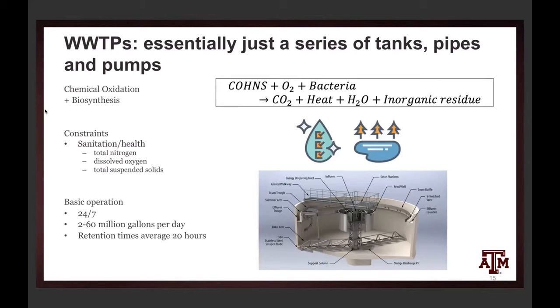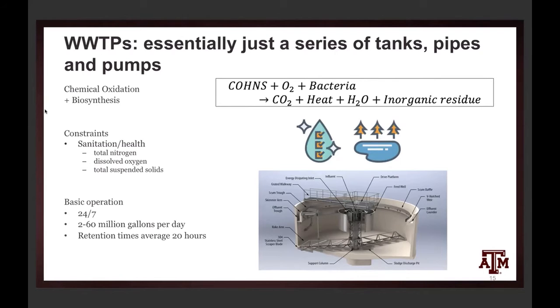However, these plants do work within very narrow constraints. Some of these are in the sanitation and health area, where the effluent stream will need to be within a very specific total nitrogen or dissolved oxygen level, as well as total suspended solids, for example. There are about 8 or 9 different constraints on the chemical side. And then you also have constraints on the amount of water going through the plant, the amount of water that you're pumping from tank to tank,